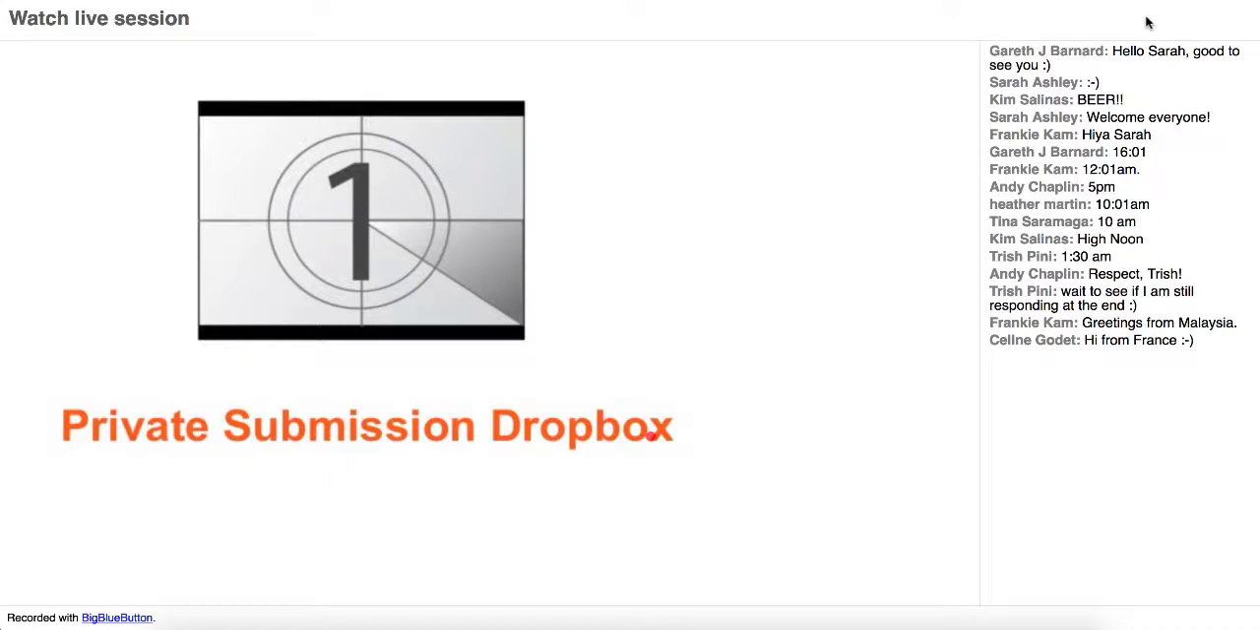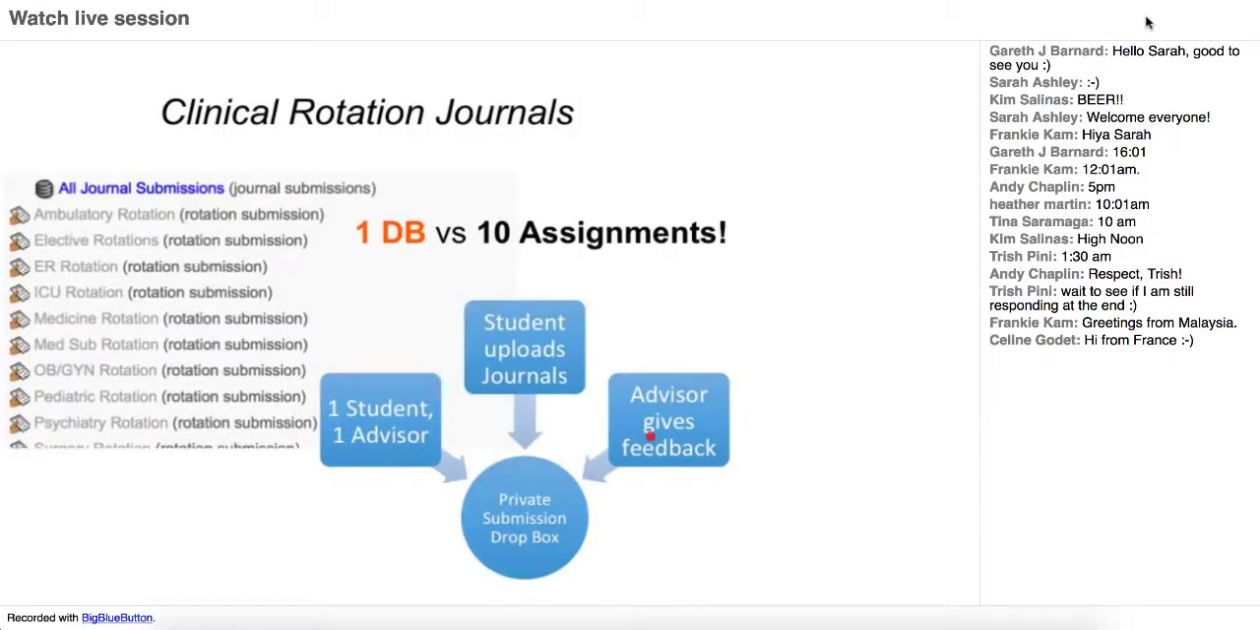The first example is a private submission dropbox. We have our clinical rotation students submitting journals for each rotation that they do. So if they're going to do pediatric work every day that they go in, they have to write a journal about maybe the patient that they saw and things like that. So they have a way to do their write-up and their history, and they're learning to do that. So they submit these